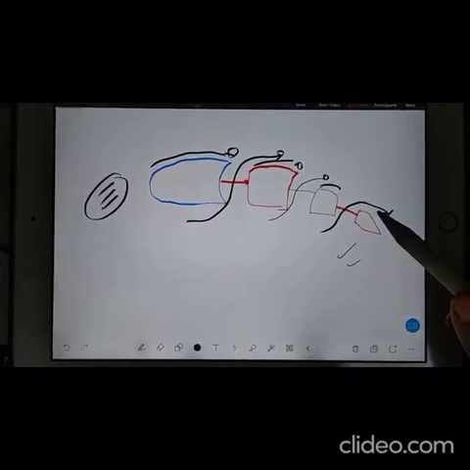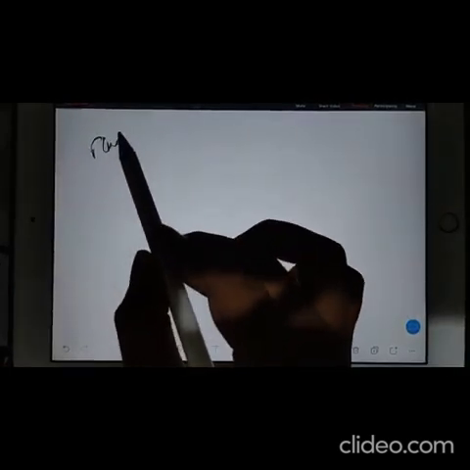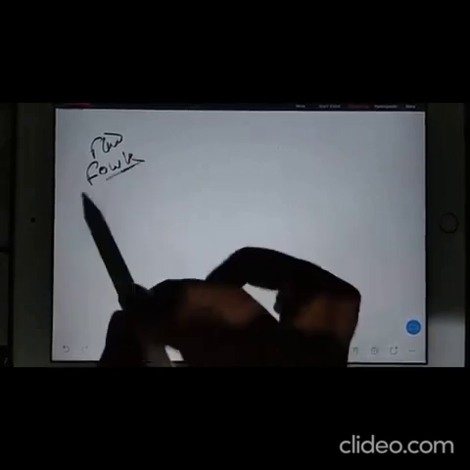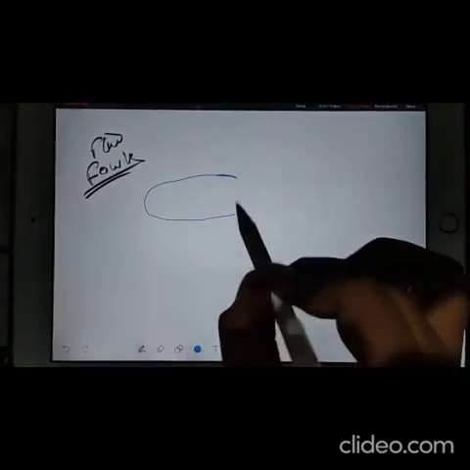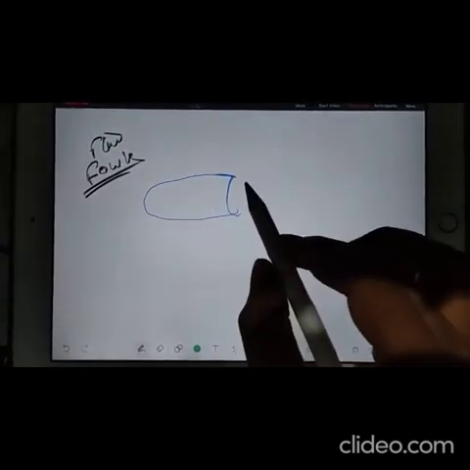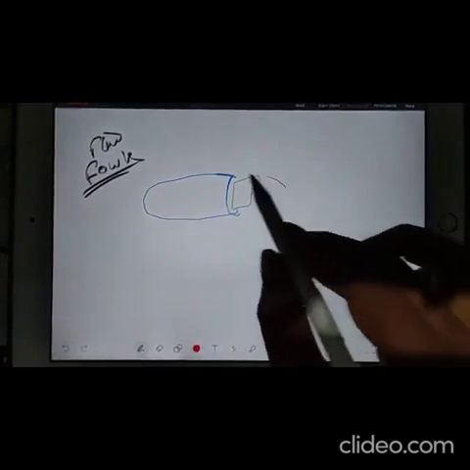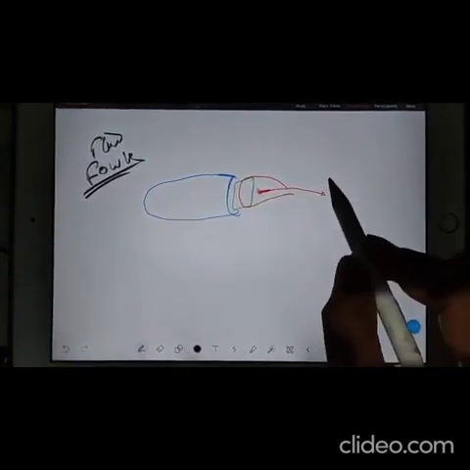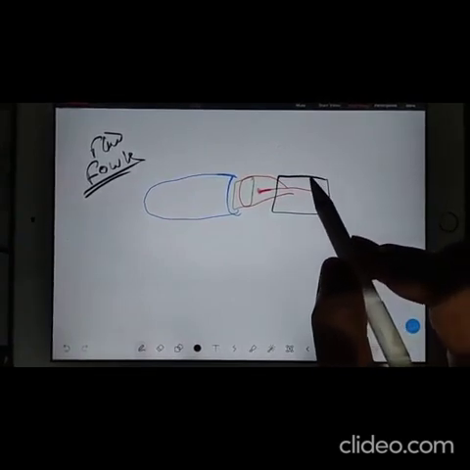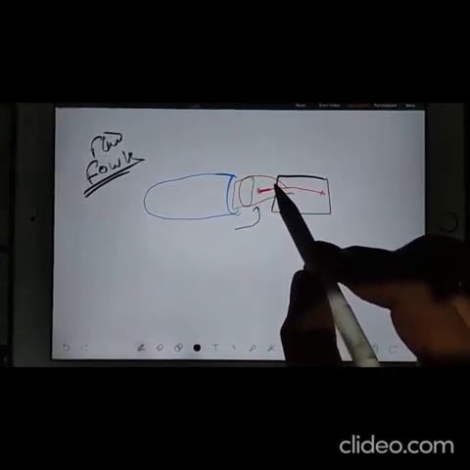Then we go for Fowler flap. Actually what happens in Fowler flap: in case of slotted flap you have a slot here, but in Fowler flap this portion goes very far away and it creates a very large gap. That gap you cannot call a slot, it is a very big gap.